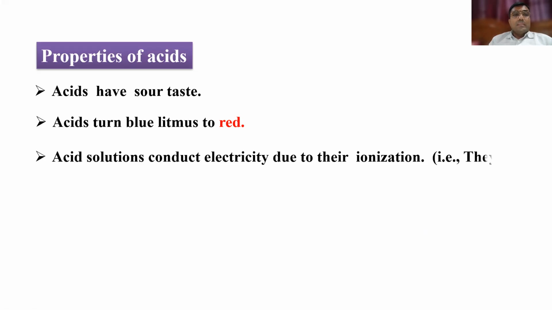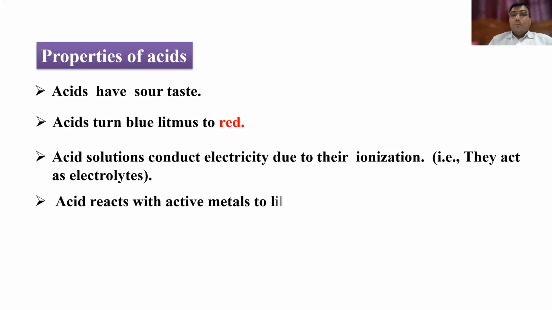Now let us see the basic properties. The properties of acids are they are sour, they turn blue litmus to red, and they are good electrolytes. That means in aqueous solution, they convert into ions, and those ions will be conducting, right? Acids also react with metals and produce hydrogen gas. Why is it so? Because metals have a tendency to donate electrons, and HCl, for example, any acid which furnishes H plus ions, the H plus ions take up the electron and form hydrogen gas.